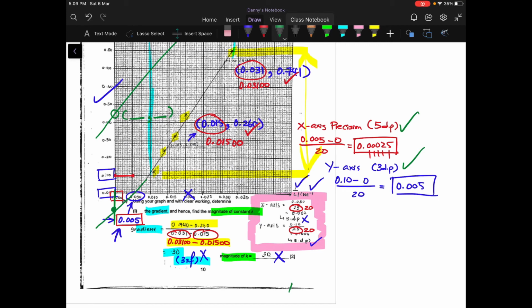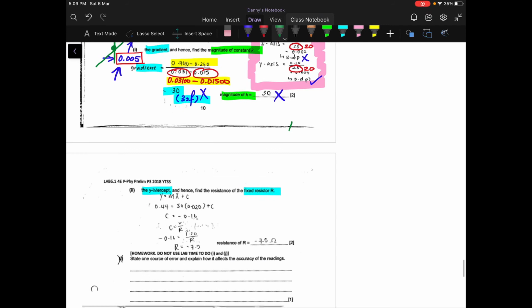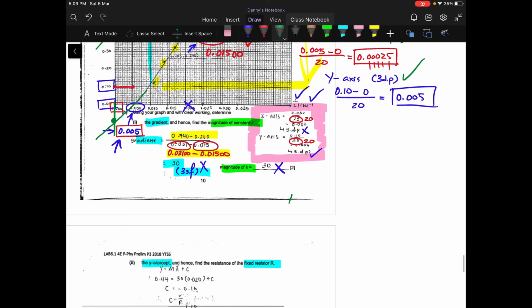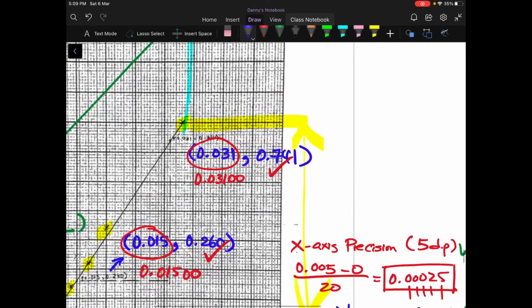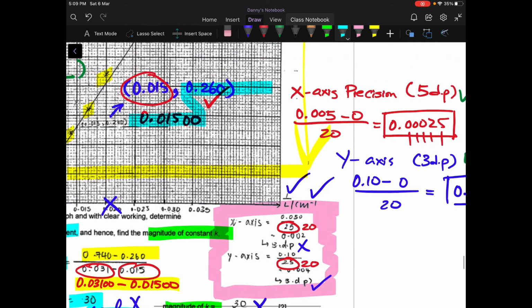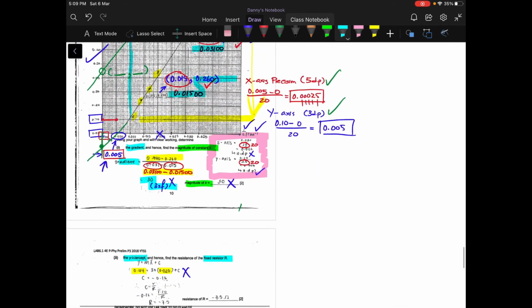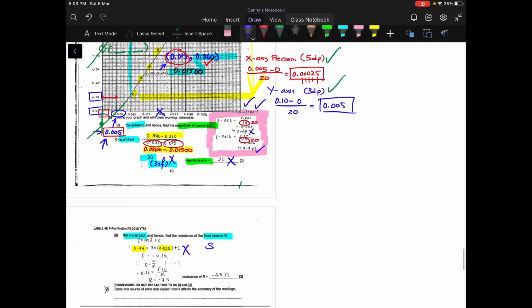Yeah, so for here you cannot read from the graph, so what do? You have to find by substitution. So looking at her reading, I realized that I do not know where she get these two reading, so this will be wrong. What I suggest you to do is that you can just use either this reading or this reading, up to you. Okay, so for me, I will just use the bottom one. So let me just write it here. I will just sub